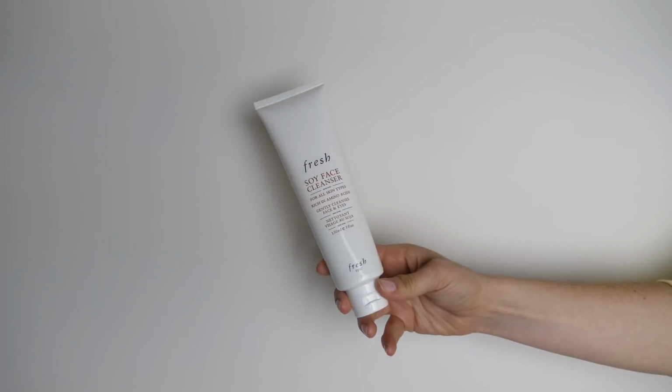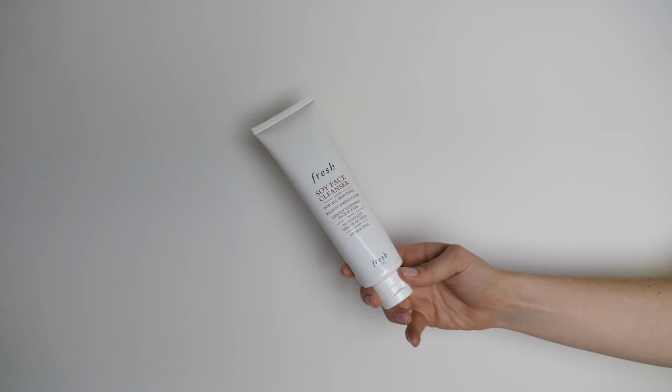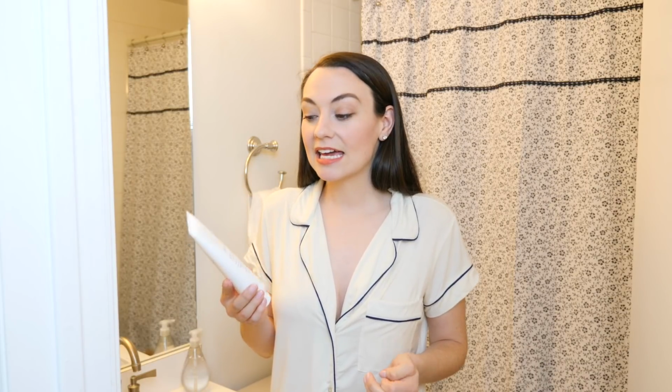So the first product that I use every single night is this Fresh Soy Face Cleanser. I honestly don't even remember when I first tried it. I think it was at the recommendation of a sales associate at Sephora. It is the best face cleanser that I have found on the market, like ever. And what's so amazing about this is it's gentle, it's fragrance free, which is great if you have sensitive skin, but it also removes eye makeup,